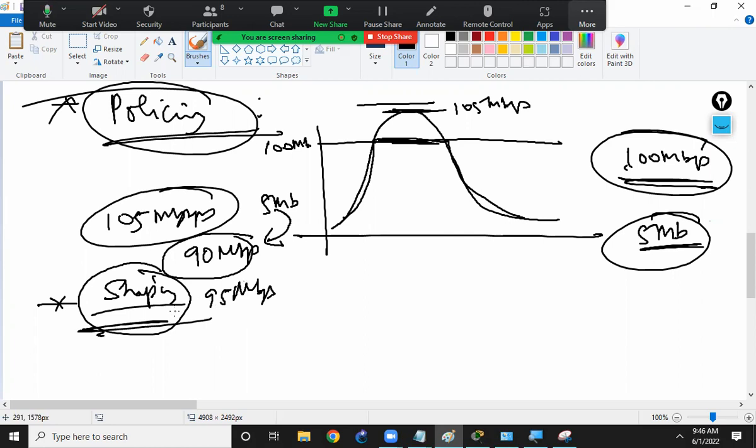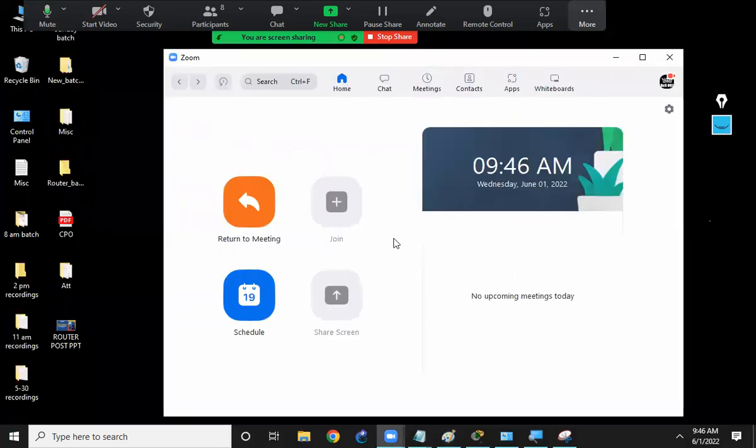Got it, guys? Okay. Again, these are the theory portions. They are mentioned in much more depth, you can read it. They also mention expedited forwarding, that marking, expedited forwarding, assured forwarding, and all. You can read it, and in case of any doubts you can ask me. Okay, now the next thing,